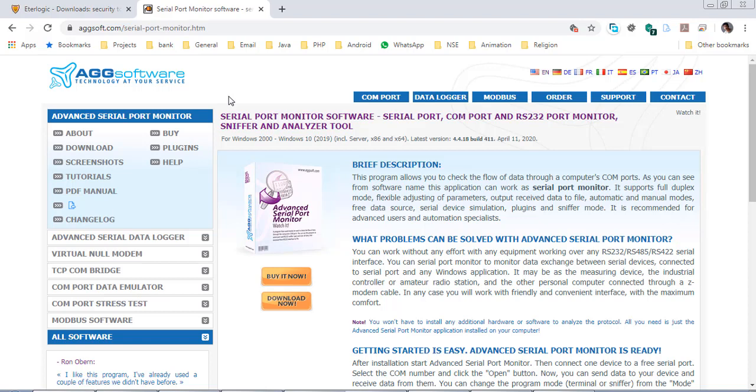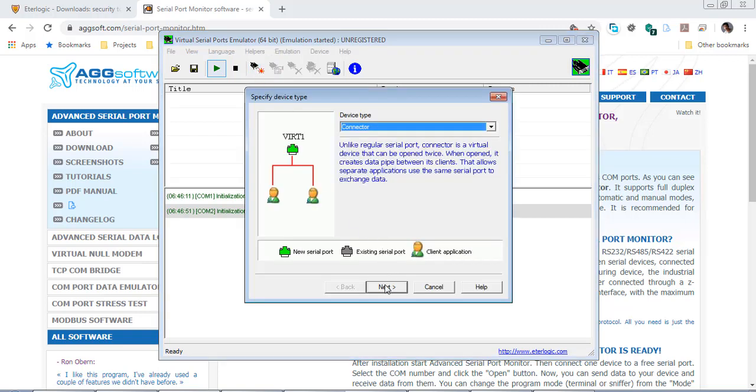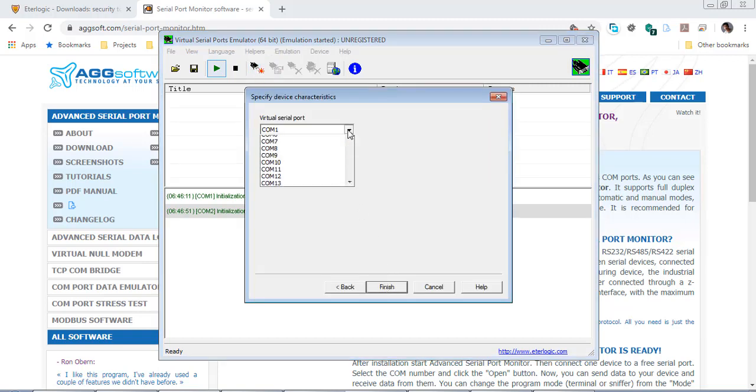The second software is the serial port monitor. Whichever data you are sending to the serial port will be captured by this software, and you can see this data in hex format, character format, and numeric. This is its advantage, so for this purpose we have used this software. So this is the virtual serial port. We have to create the serial port, so we are clicking on this button. Next, we create COM2.